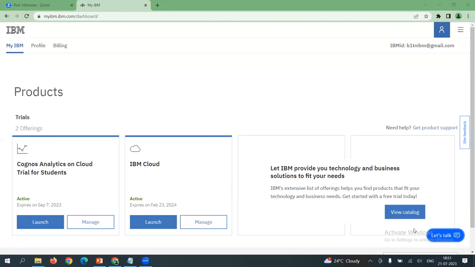We have already set up the Cognos Analytics trial in the services section. I hope all of you have activated your Cognos Analytics on Cloud trial, which is a 30-day free trial. You can see the date of expiration. This usually requires a setup process and gets activated in a few minutes. Once you are on the products page, you can click the launch button to redirect yourself to the Cognos